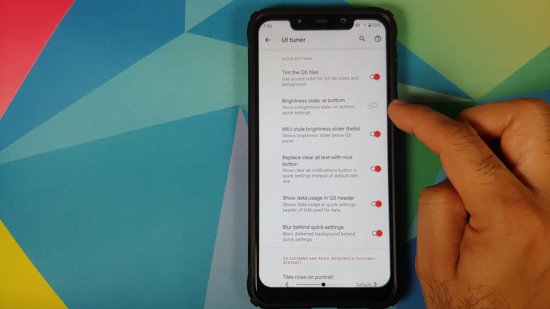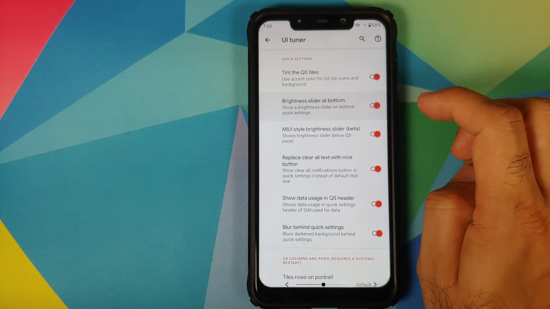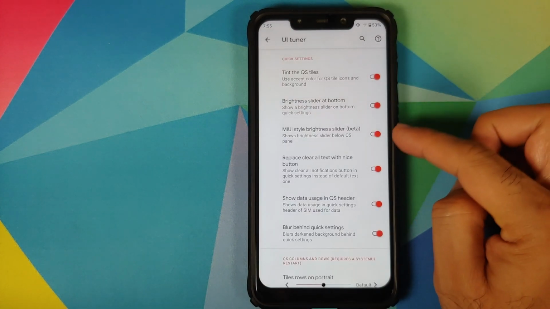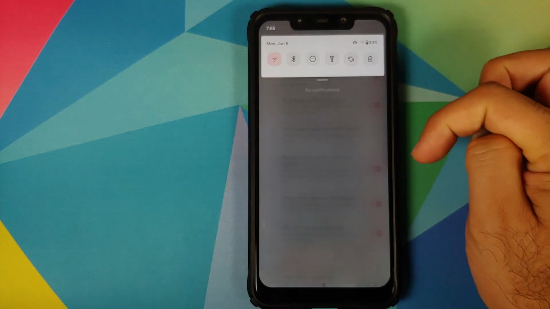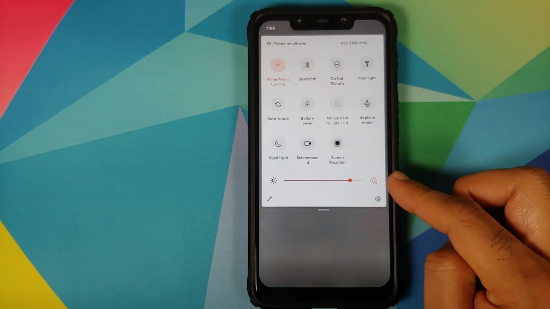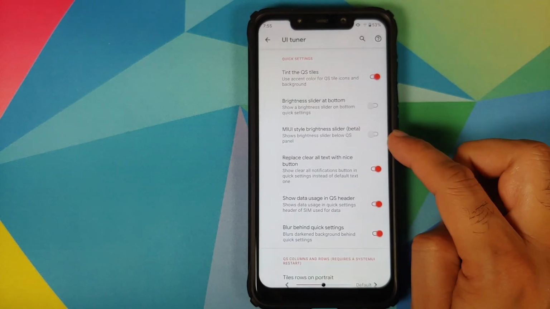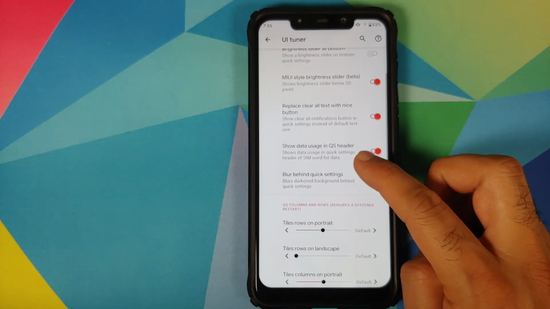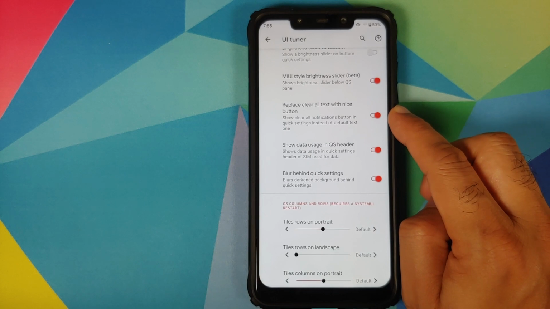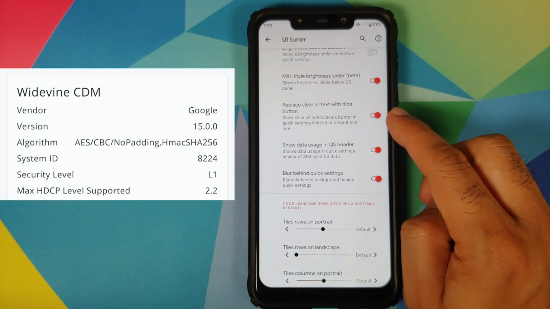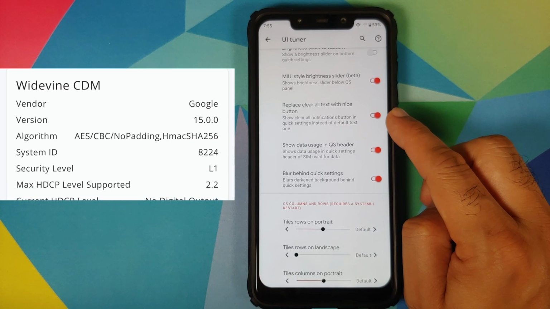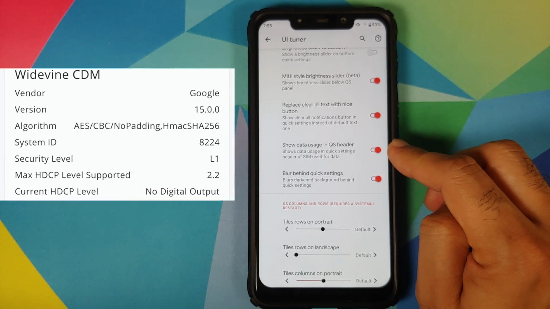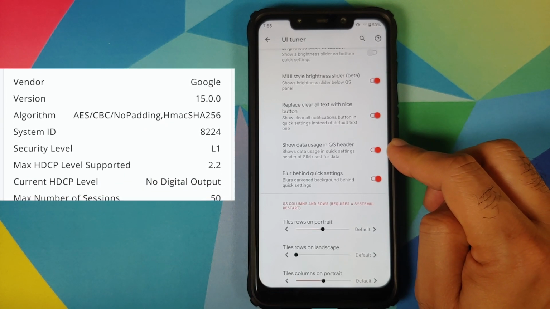Then if you want to move the brightness slider at the bottom, you have a toggle for that as well, and this will work if you have the Android style brightness slider. The MIUI style brightness slider is automatically at the bottom. Next up, you can also replace the clear all text with a nice button, and this is for clearing all of the notifications. Then if you want to see the data usage in the quick settings header,